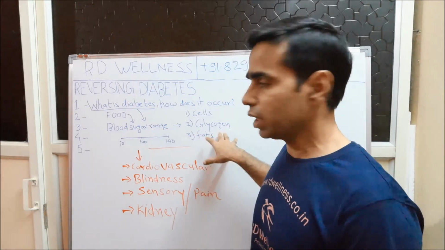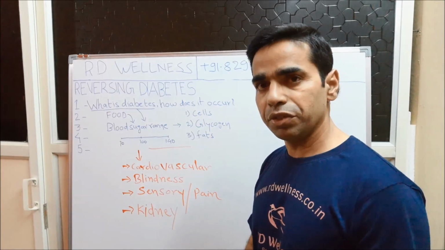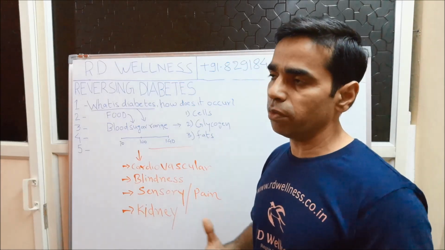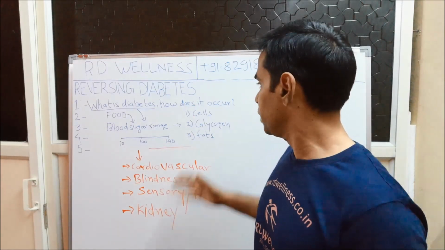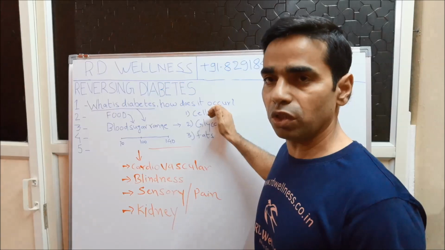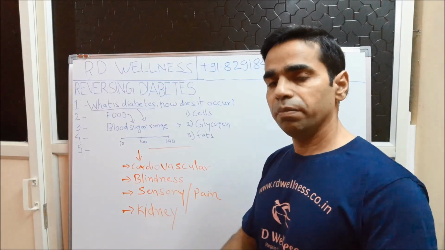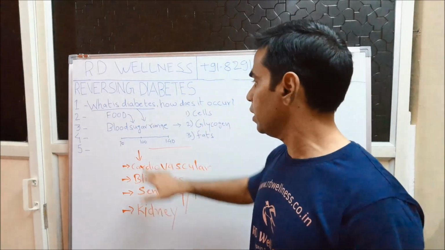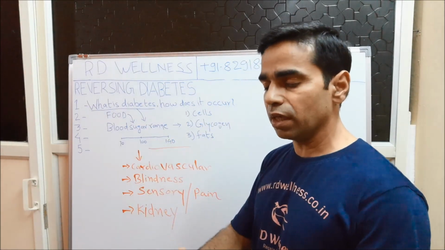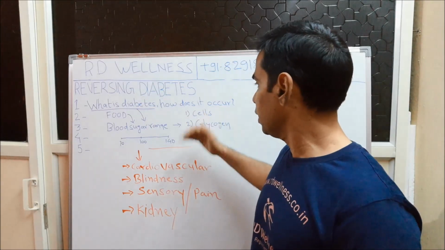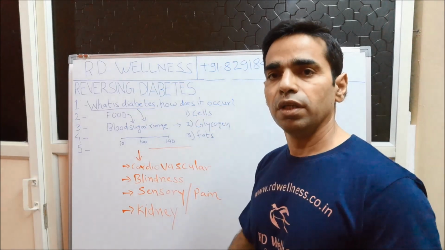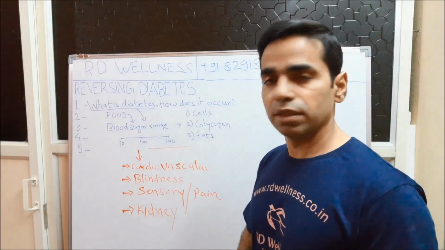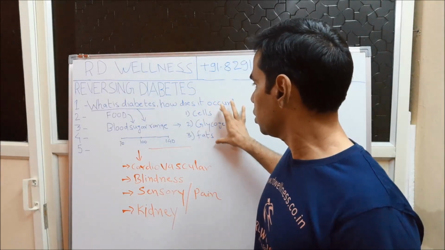What is glycogen? Glycogen is the reserve form of the carbohydrates. It is stored in our body, and whenever there is a need, whenever your body is deprived of sugar, then this glycogen is going to be broken down into glucose, and that glucose can be used by the cells. So that is the second step. And still if your body is having more amount of sugar, then that sugar is going to be used for generation of fats.